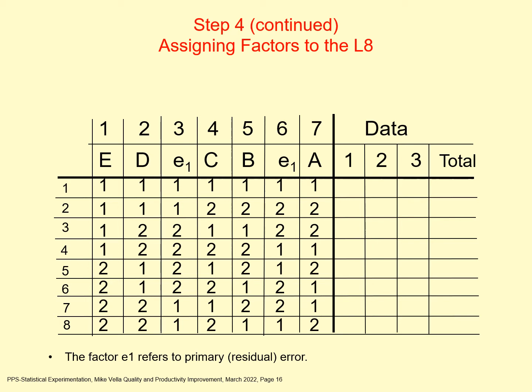So here is our table now with the different factors assigned across the top, E to 1, D to 2, and so forth. And primary error is going to be addressed in columns 3 and 6. Those are the 2 open columns, if you will, in the 7-column design. Remember, we only have 5 factors. On the right, we're going to be collecting 3 samples from each run, and we're going to record the data